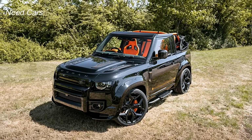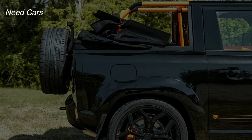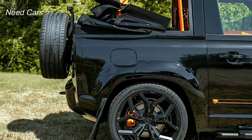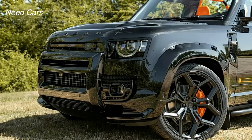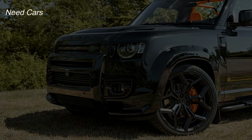The Land Rover Defender has long been known as a rugged, go-anywhere off-roader with an iconic boxy silhouette. But what if we told you that this British classic just got a glamorous open-air makeover? Say hello to a custom Defender convertible that blends luxury, aggression, and sun-soaked style in a way no factory version